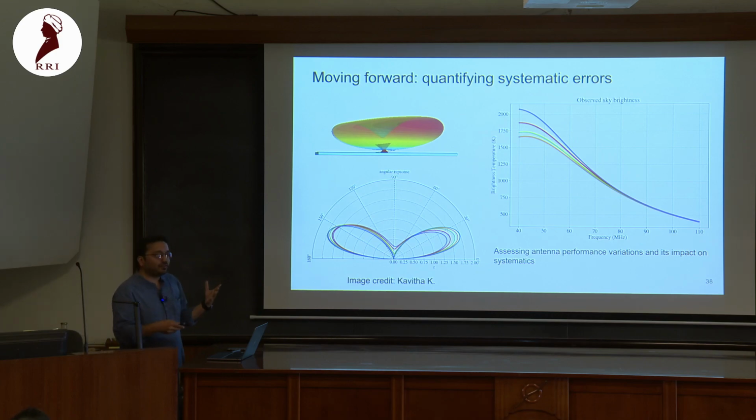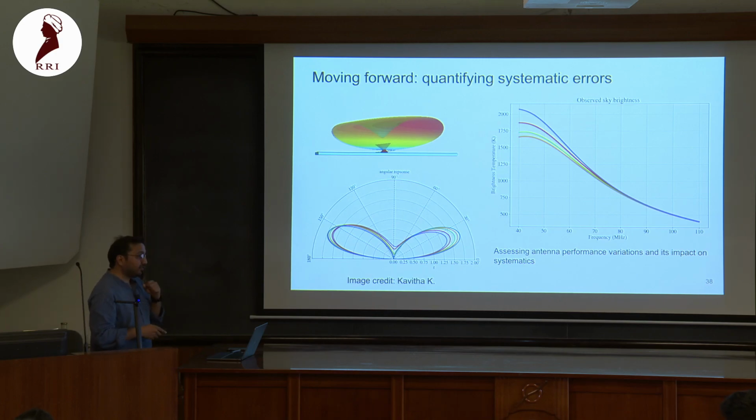Basically at the end of the day, what we want is to be able to extract the 21 centimeter signal. So not every movement or degree of freedom is completely out of the picture, but this really gives us an idea of the tolerance limits that we can have for not just our calibration but also for the stability of the system.